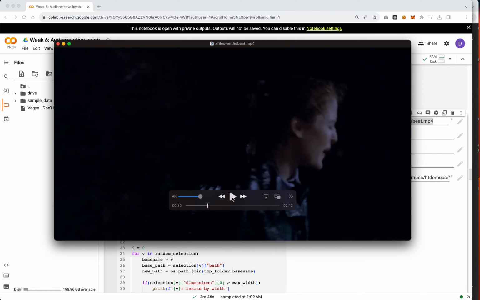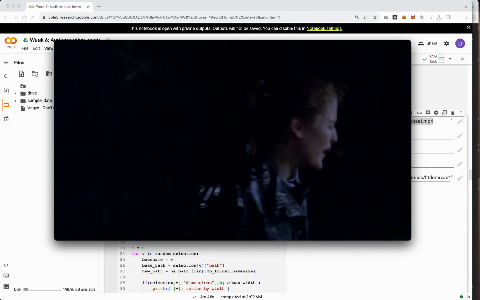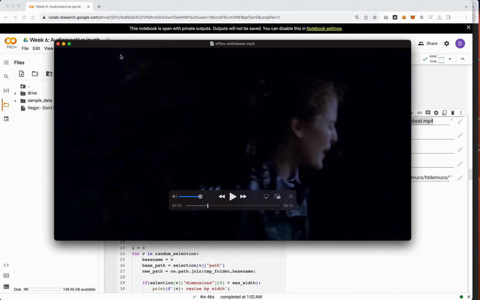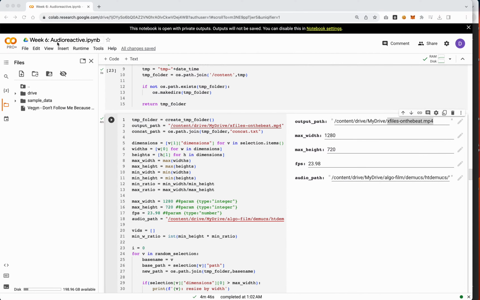Now I think this is nice as a base layer, but you do want something else that feels more reactive to the actual audio, and we'll look at that next. So this works, it's good, it gives you a nice solid rhythmic edit if you want something like that. But with this random array of clips, it feels a little random in many ways. Let's take a look at the next way to do this, which would be to actually look at